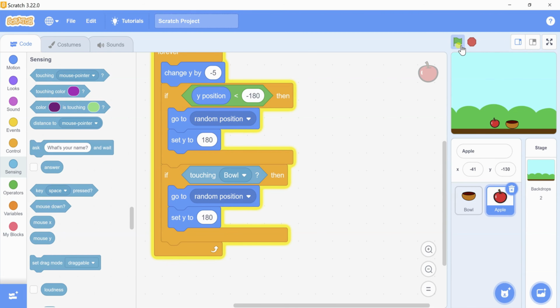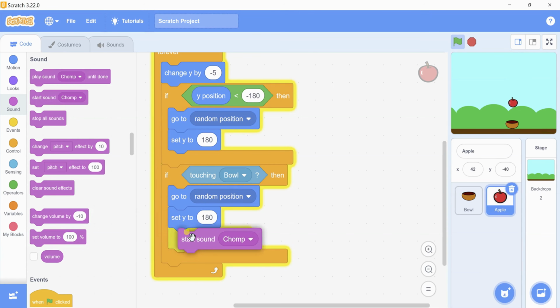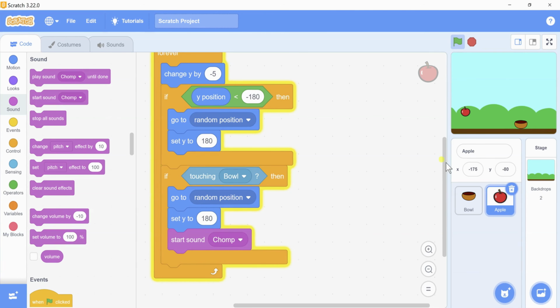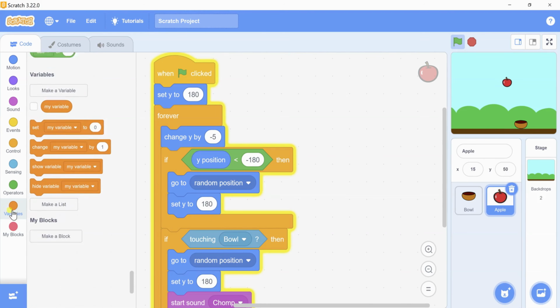Okay, great. I need a sound playing, that is start sound chomp. So you can see it here. That's great. And I'm adding another thing, that is score, to my project. For this I need a variable. So you can click on this variable option.